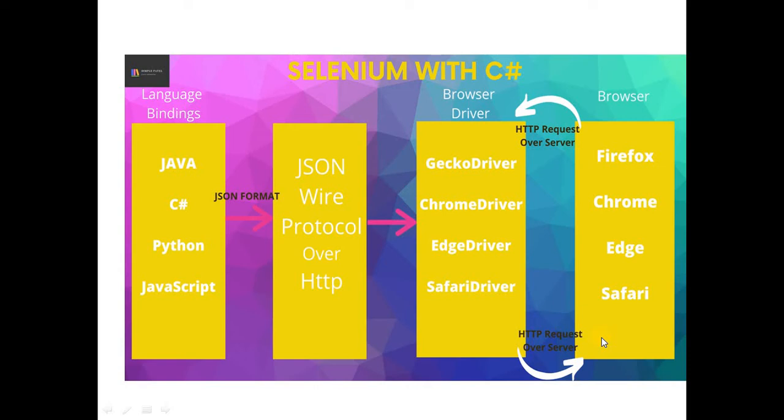The browser performs something, and if nothing is required from the user side, then it stops executing the script. If some action is required from the user side, then after performing the action, the browser goes back to the browser driver. Now, the browser is passing the data in the form of JSON format only. So all the communication is done in JSON format.